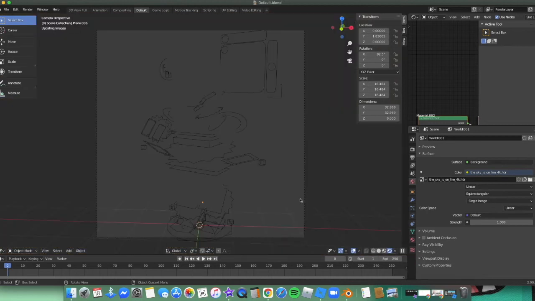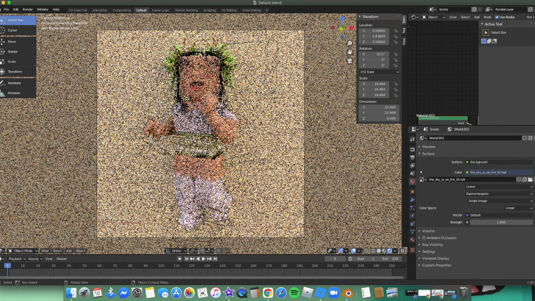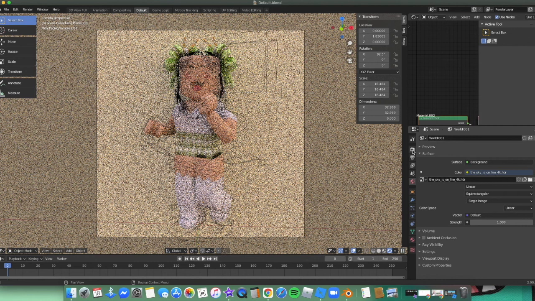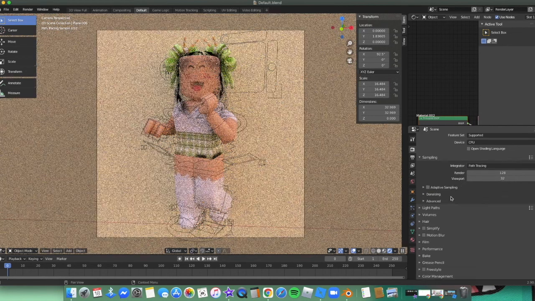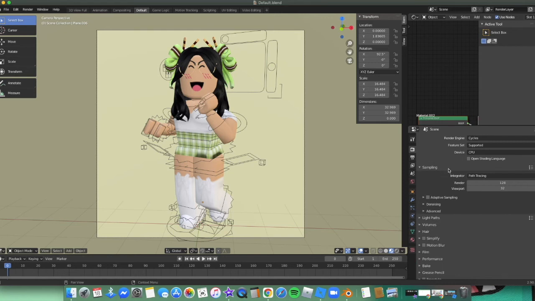Okay, for me, I don't know why, but for mine, the head and the hair kind of fades away, and I don't really know how to fix that. But if this happens to you, we definitely want to fix it, right? We're gonna go ahead and click on the regular material again, so then it's a little faster. Go ahead and open